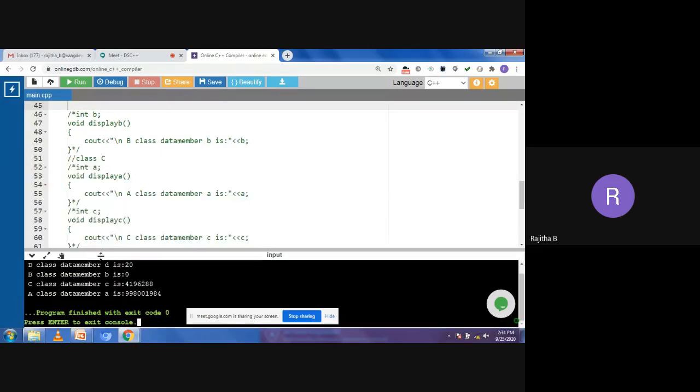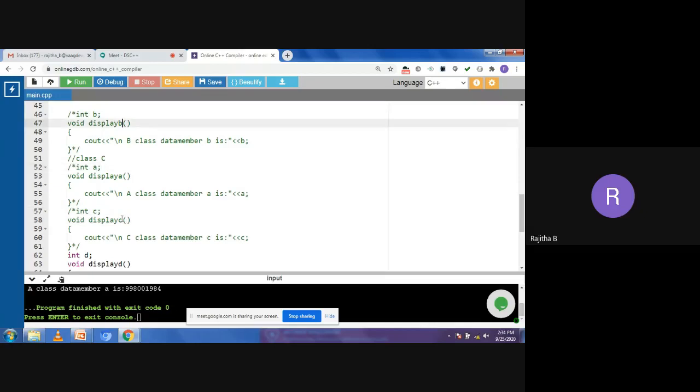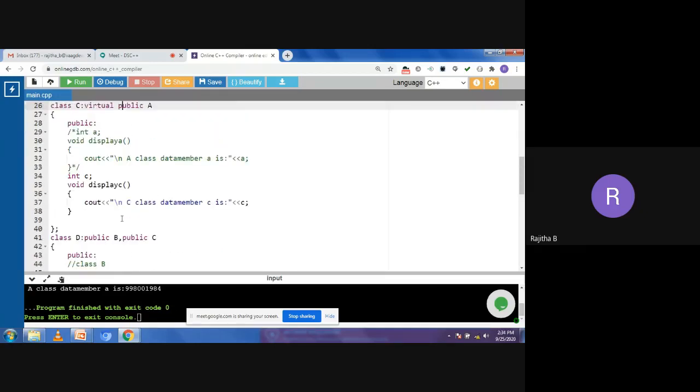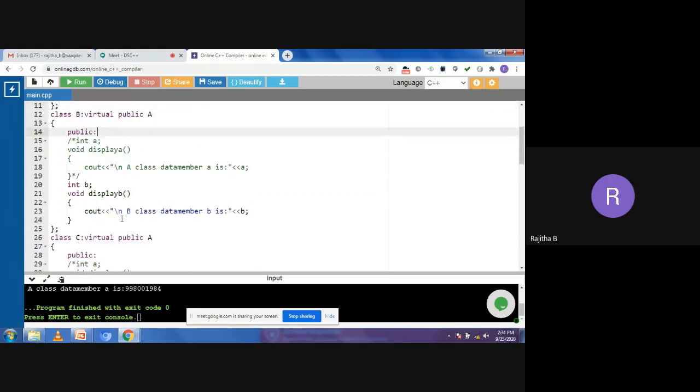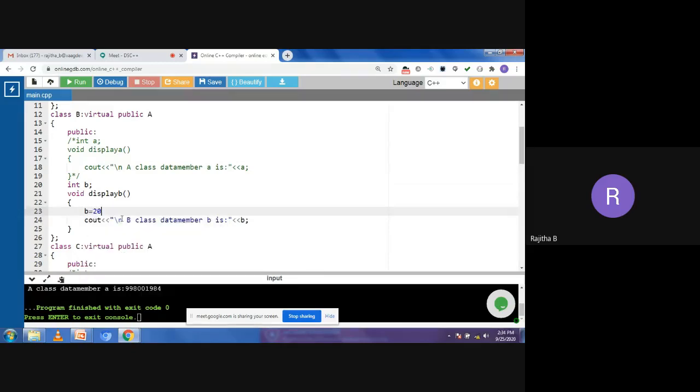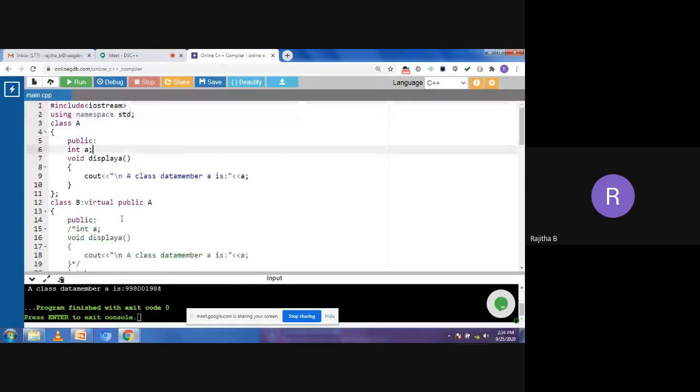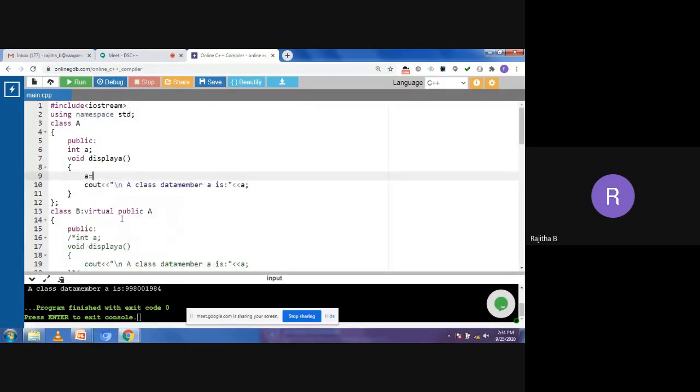So I need to get the original values. Just initialize the values in this function. I'm going to initialize the value for C as 30, and here B equal to 20, and here A equal to 10.